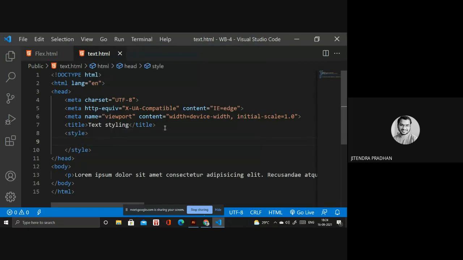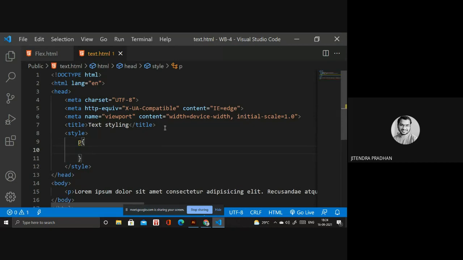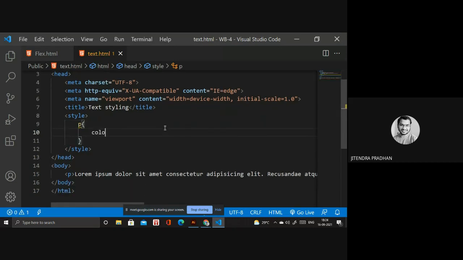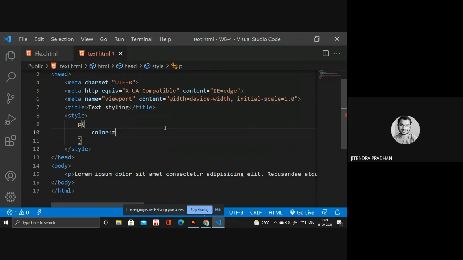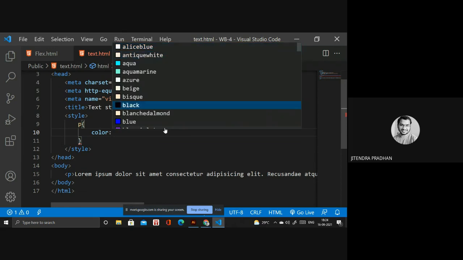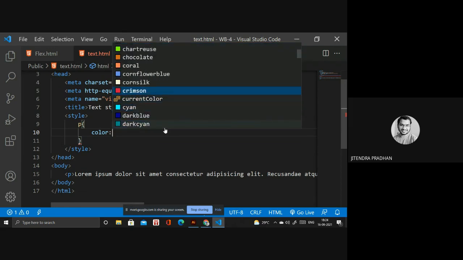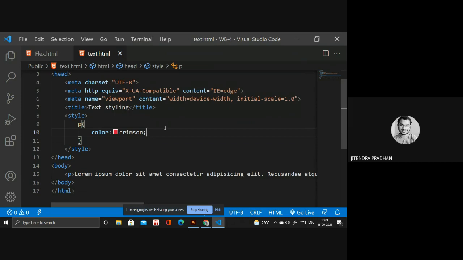In the style we have to create a key as a tag. So in the tag I want color. First I need to mention the color, what color you want, like gray or aqua, whatever. Okay, I will choose one color. We have crimson, I will choose crimson.